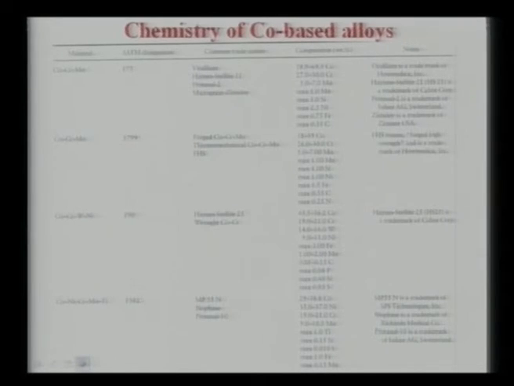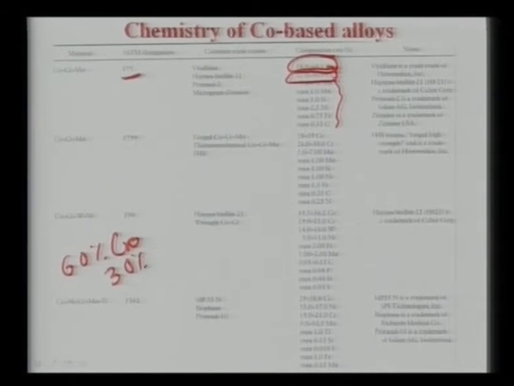So this slide tells you some of the composition of the cobalt chrome moly alloy, and here it is the F75 grade, which is widely used in biomedical applications. Here it has 58 to 69.5% cobalt, and then up to 30% you have chromium, and the rest are other alloying elements. So mostly your cobalt content is roughly around 60%, and around 30% is chromium. The rest is moly and other elements. So this is a standard commercial cobalt chrome moly alloy composition.